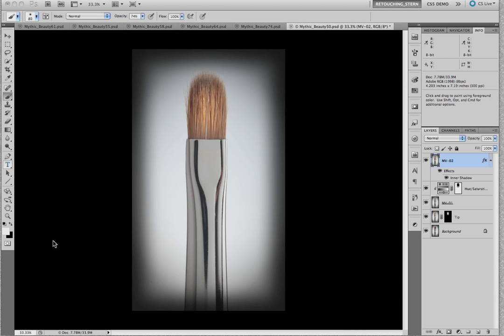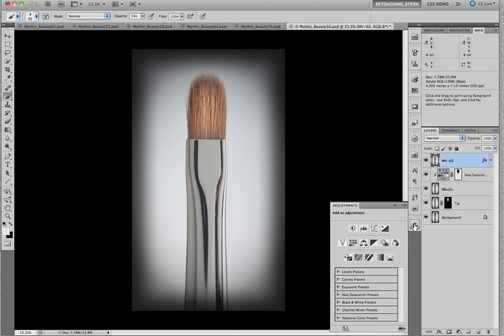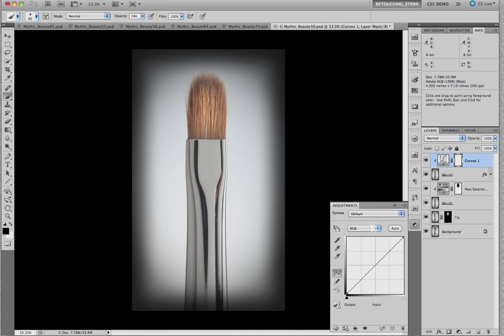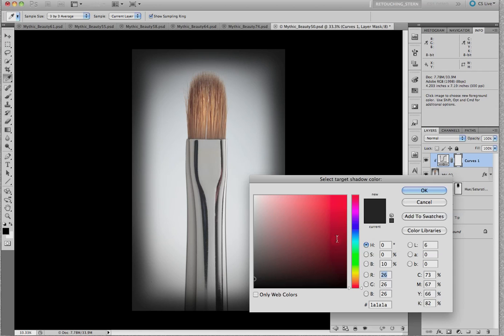So it occurred to me, after looking at this picture, that some of you may find it a little bit on the dull side. So if you want to, we can add one more layer and give it a little bit of brilliance. I'm going to close the layer style toggle. I'm going to go back to my adjustment panel, click on curves, and I'm going to double click on the